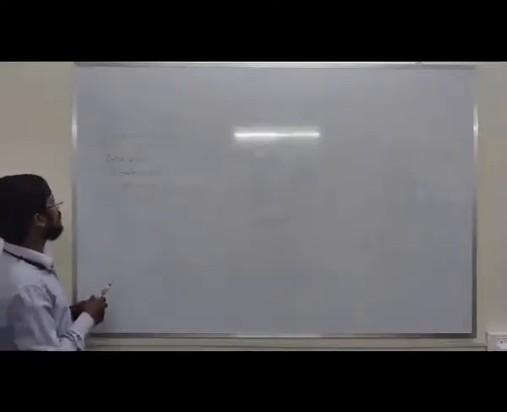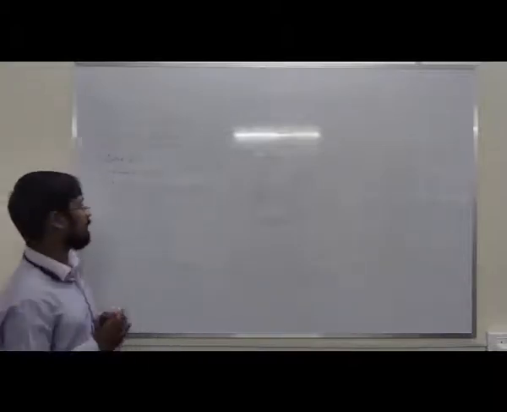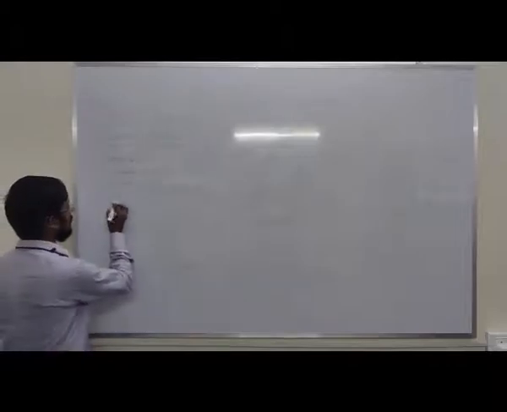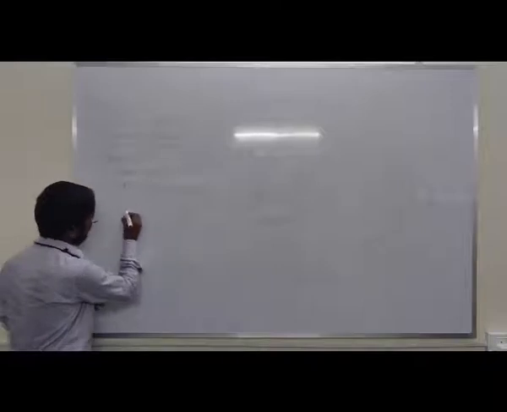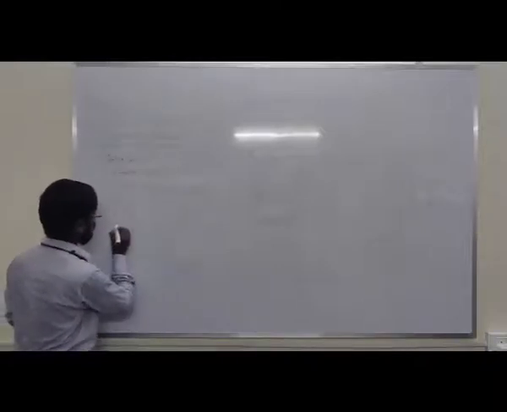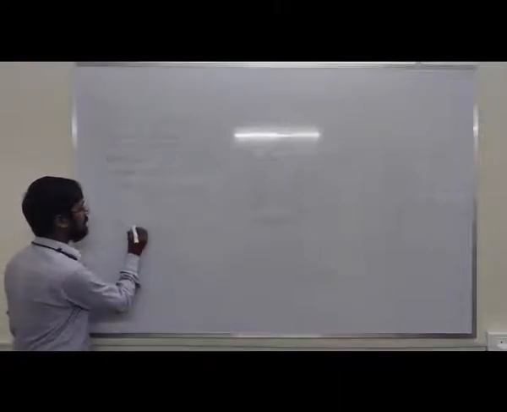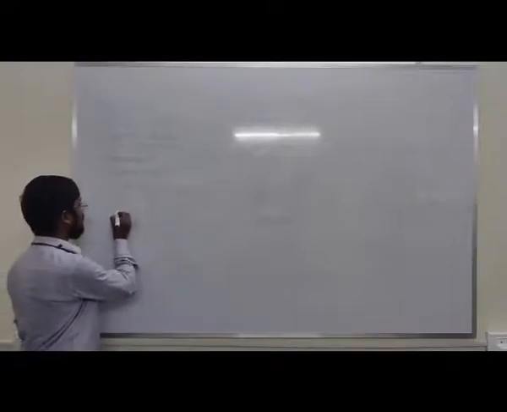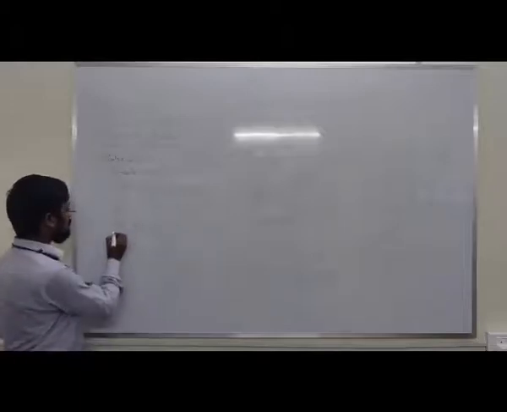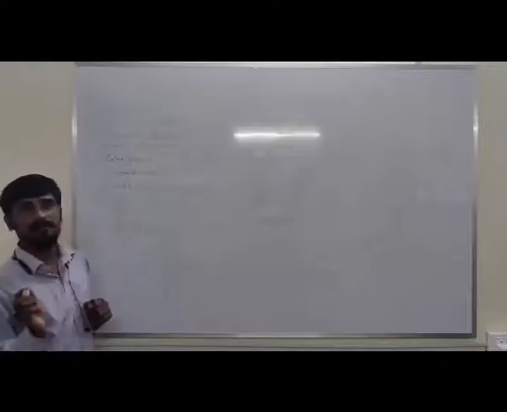For that, you might be aware of the Pythagoras theorem. So I would like to draw a right angle triangle. Here, the right angle will be 90 degrees, and this theta is the reference angle, and this will be 90 minus theta. Now let's consider this is A, this is B, and this is C. Now, what does the Pythagoras theorem say?